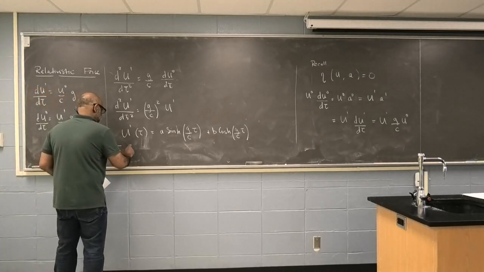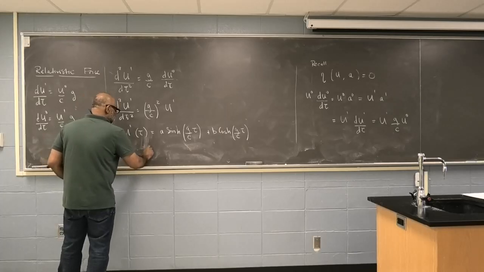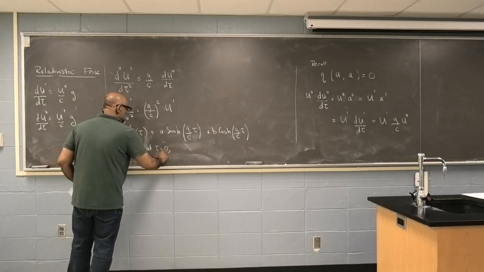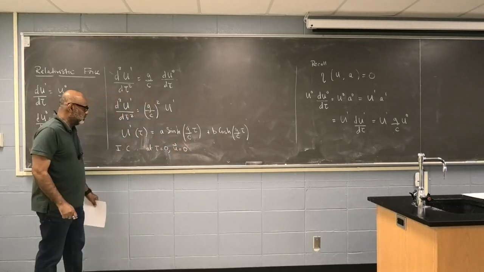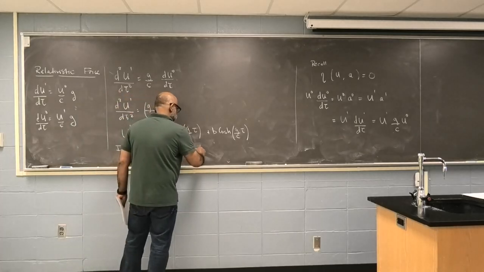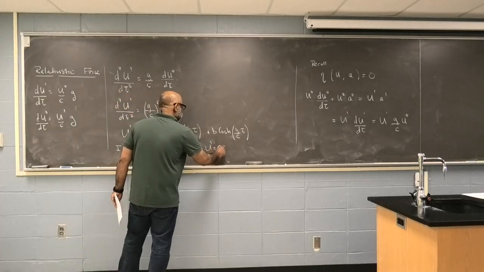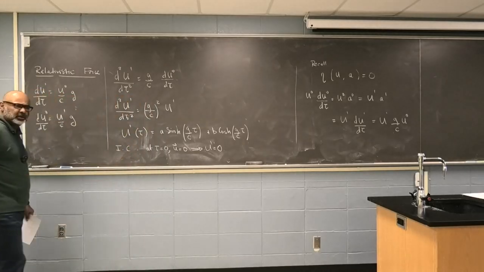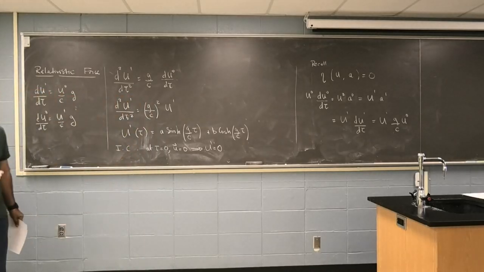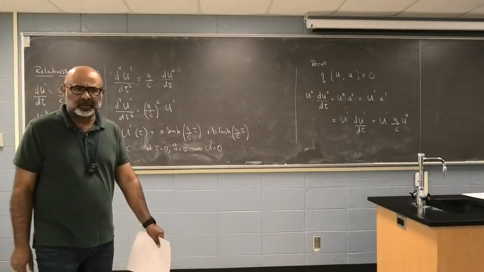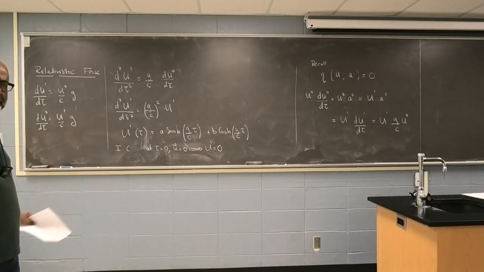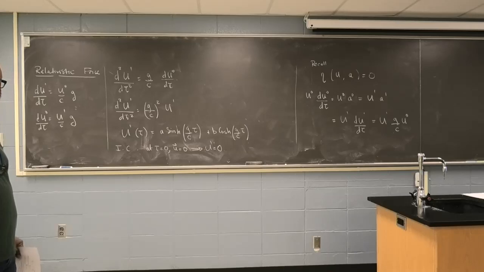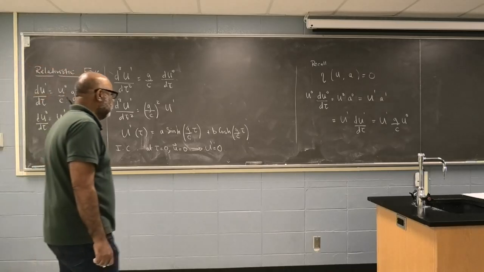Initial condition. What's a good initial condition? At tau equals 0, the object is starting from rest, which implies u1 equals 0. So which of the two goes to 0? I'll give you a hint. Sinh of 0 is 0, cosh of 0 is 1. So either A or B goes to 0. Which one is it? B has to go to 0 so that at tau equals 0, u1 is 0. Correct. So immediately we get